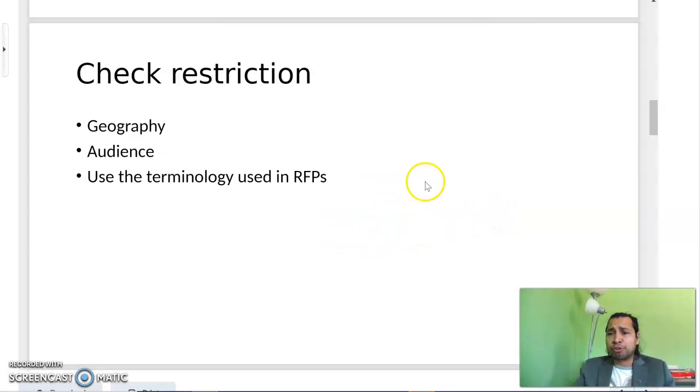even if you have a wonderful proposal. And also, who is the audience? Okay, and also there should be a very good match between the audience you are trying to address in the proposal and the audience the funders are willing to support. Okay, and also you have to be very consistent with the terminology used in the proposals. RFPs basically mean that sometimes the funders publish the funding opportunity, and based on that you will write a proposal. So when you write a proposal, that should cohere